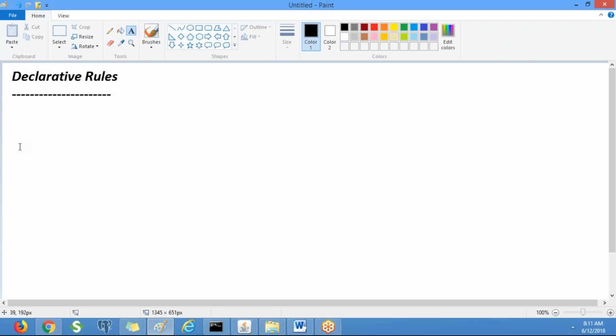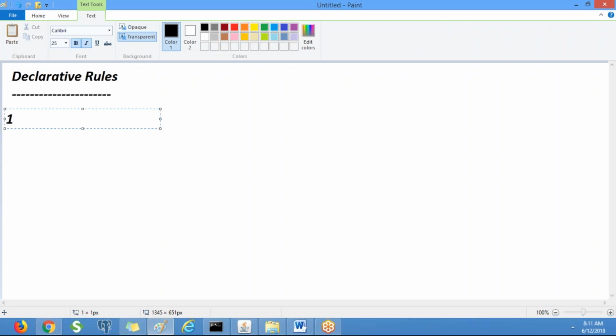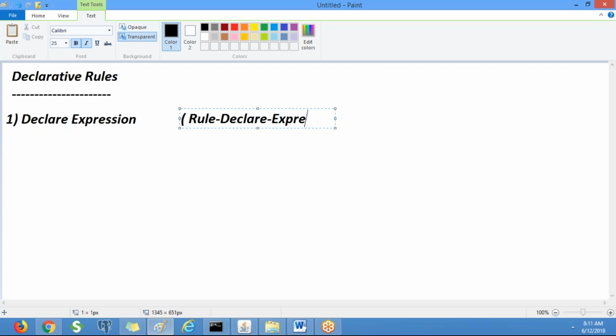So we have different types of declarative rules available. One is declare expression. Note down this. Declare expression is an instance of the class Rule-Declare-Expression. Next, declare constraints.